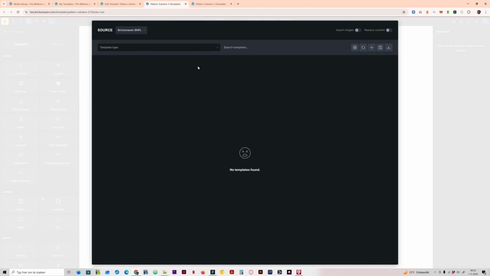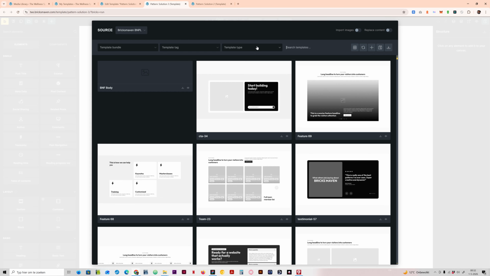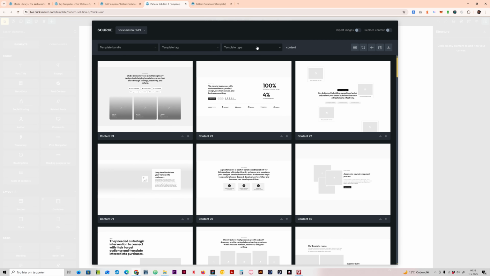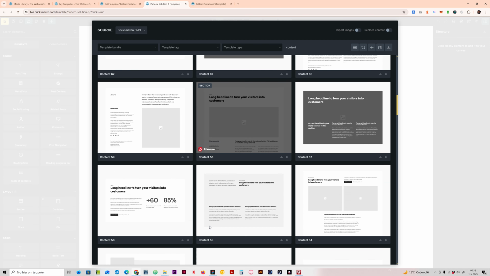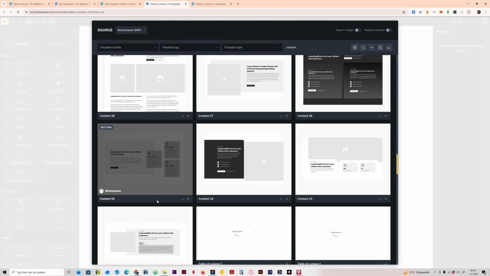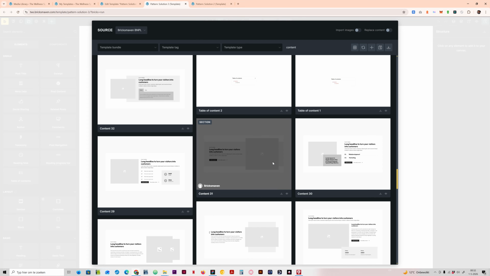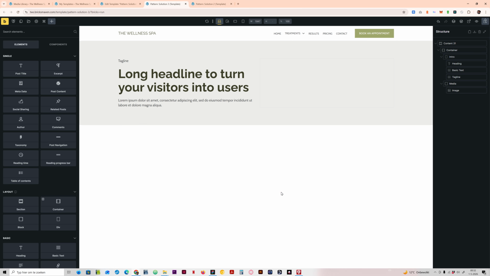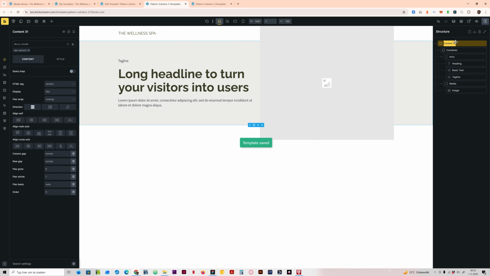So we need to grab a pattern like we always do. Set this to content again. And for this one, you just scroll a little bit down. I think it was somewhere here. It's this. This is the one. Content 31. Okay, we have it right here. What we want to do now is immediately just